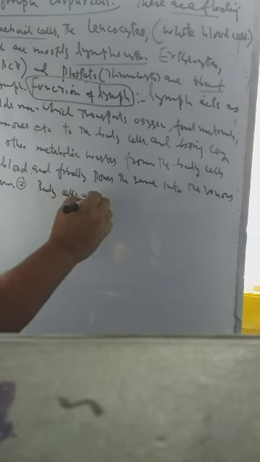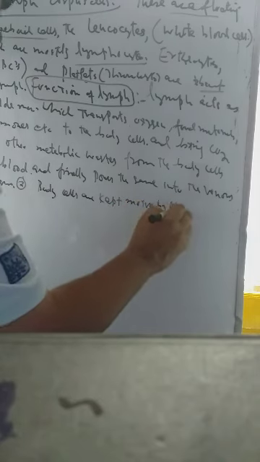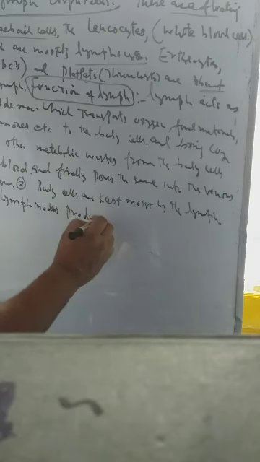The third function: lymph nodes produce lymphocytes, which are also called white blood cells,